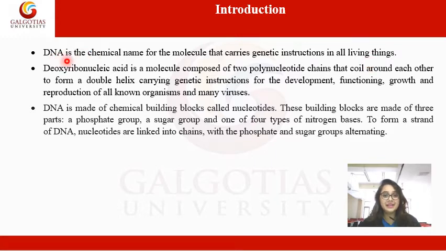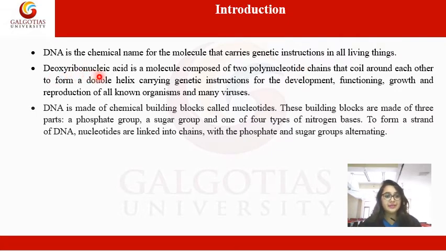It happens via DNA, since DNA is the chemical responsible for carrying the genetic information. For example, if my father has a feature in his DNA, I will have his genetic information in me, and I will have features of my father. Similarly, if the genetic information of my mother is transferred, I will have that feature of my mother. So DNA is responsible for carrying genetic instructions from the parents to the offspring, and that is the reason we have features of our father or mother.